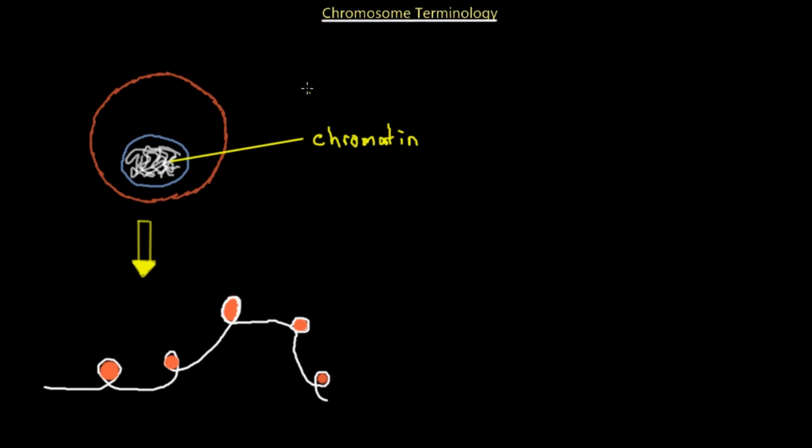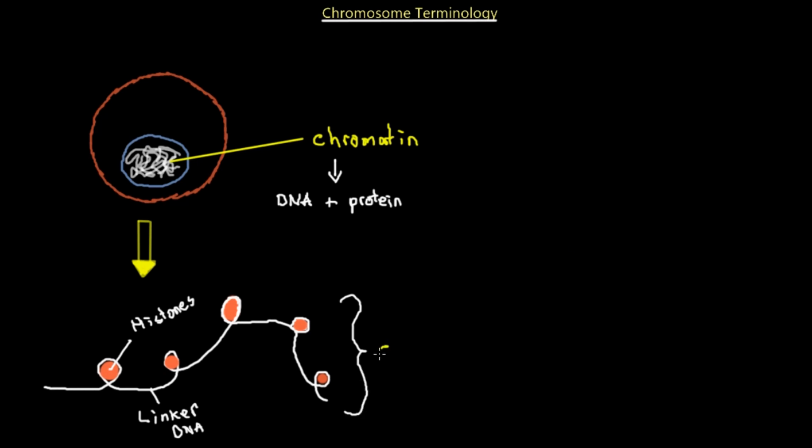Another definition of chromatin: it is defined as DNA, so the genetic material, plus its proteins. It would be in this convoluted shape, raveled and packaged in this way. These proteins here would be histones, and the DNA connecting the histones and winding around would be called linker DNA, as it links each of the histones together. That's how we can have meters of DNA raveled in this structure called chromatin. So this entire thing here would also be called the